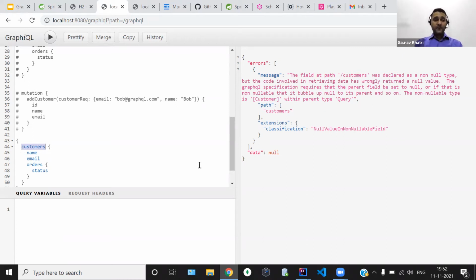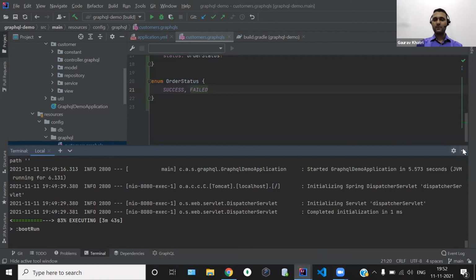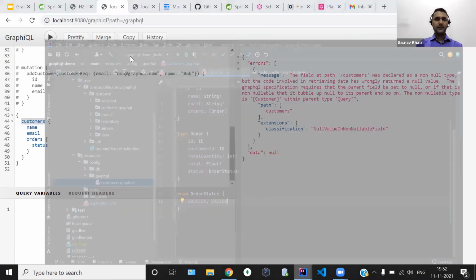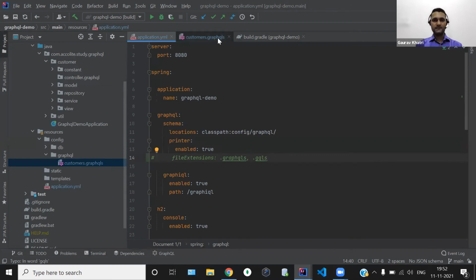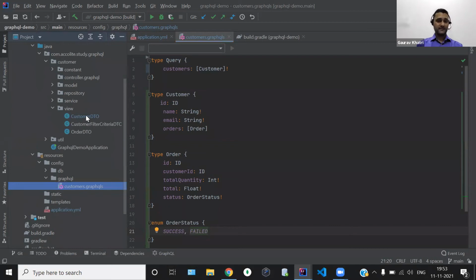Now we will write the resolver function to resolve this particular error. So let's move to the coding part, and to resolve this, I will write one class. But before that, I want to explain some points which I forgot. Before we head towards the resolver function, we have to write the corresponding implementation for the data types which we have written in the GraphQL schema. We have written customer, order, and order status. And to save time, I have already written those Java POJOs.